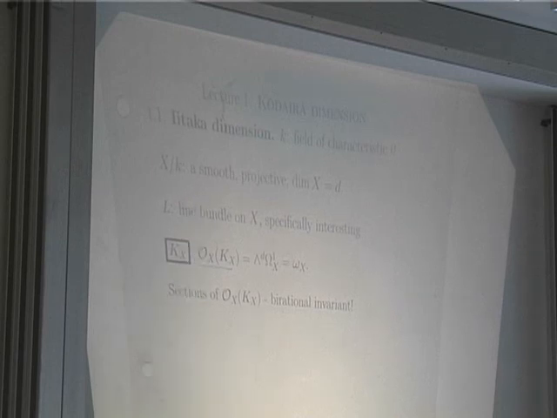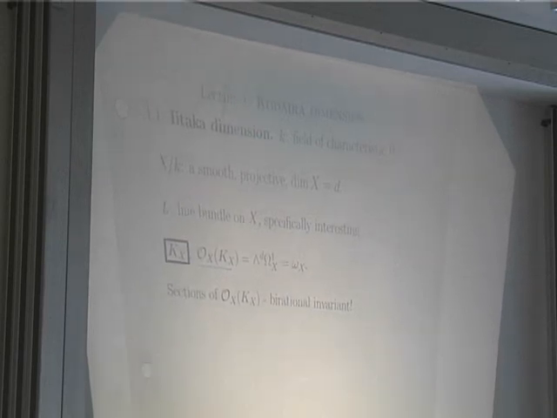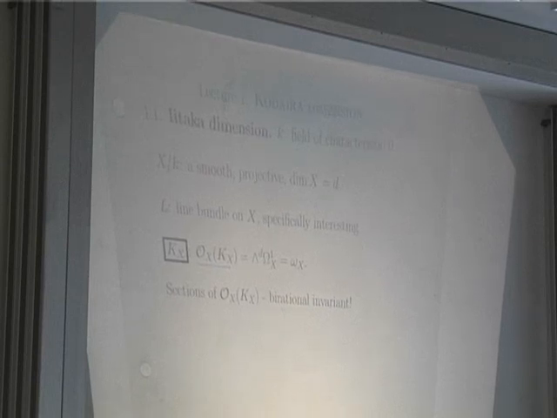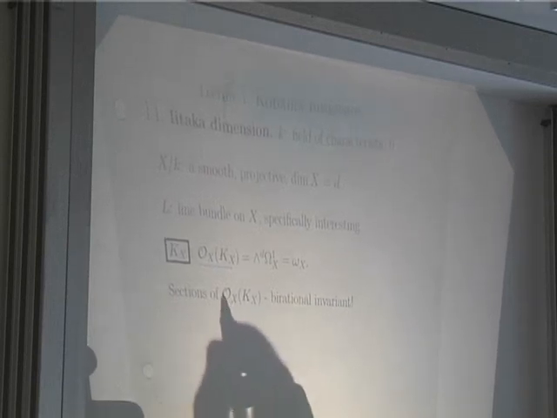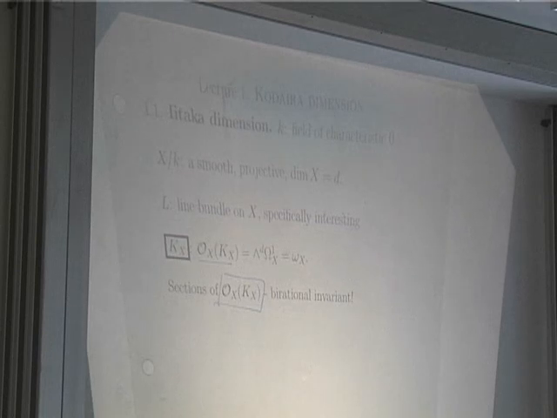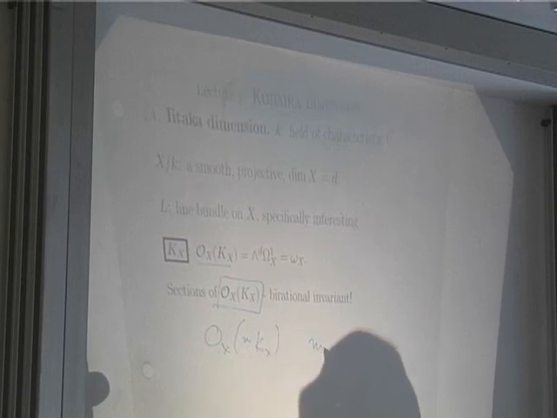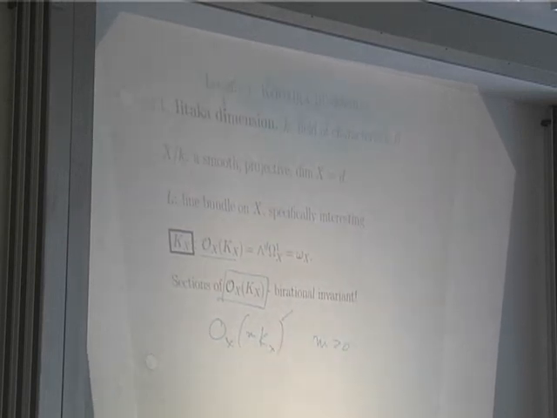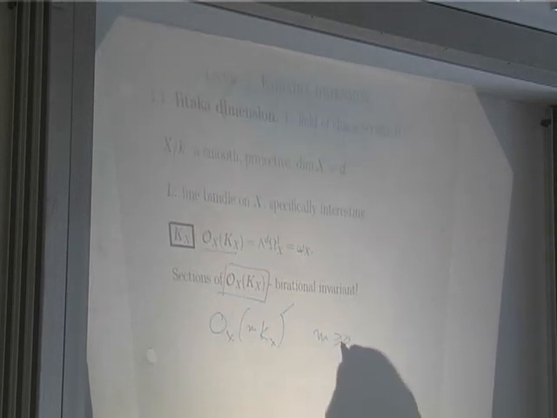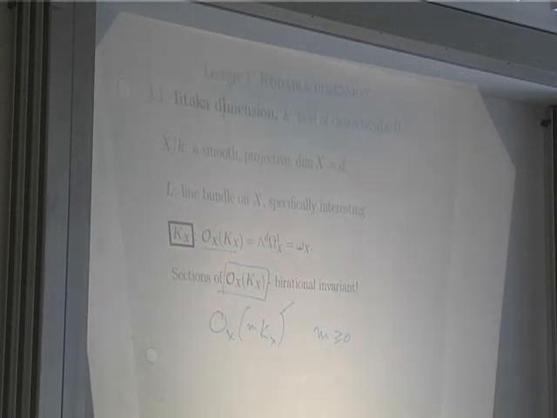Then this exterior power is a line bundle, and that's what I want. I want a line bundle. And the reason why this is particularly interesting is that I'm teaching you here about birational geometry. Sections of this line bundle are a birational invariant, and in fact, sections of O_X(mK_X) for any positive multiple m, I guess m bigger or equal to 0, are birational invariant. The reason for that is explained in Hartshorne's book. It's a very beautiful result.